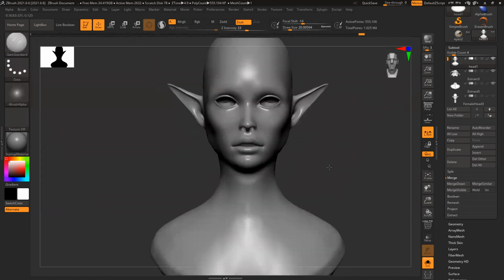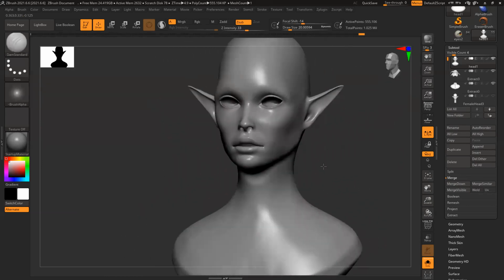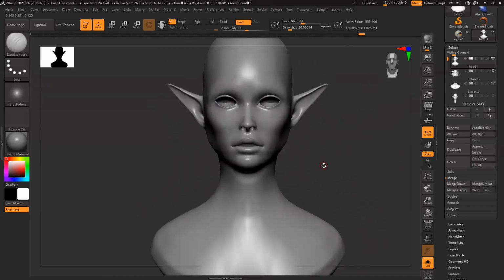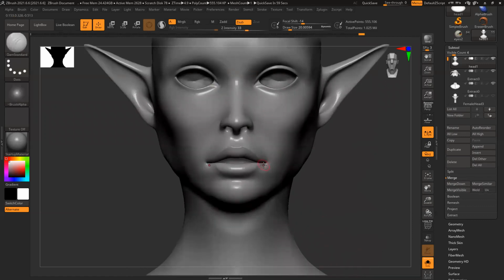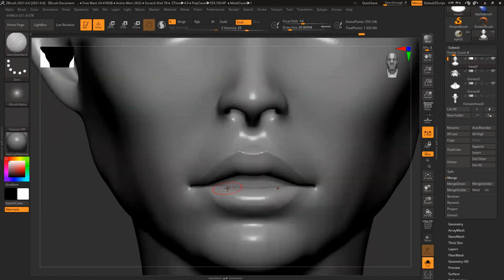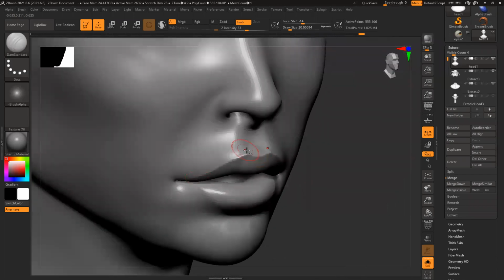Define your lips. It's not very difficult. It's just a matter of practice only. Yeah. The more you practice, your brain opens up and you understand, okay, how can I break it down into smaller parts and smaller things, and how can I do it? It's all about that. So if you practice more, you will see these things are pretty simple. You can just simply add a little detail, blend it.